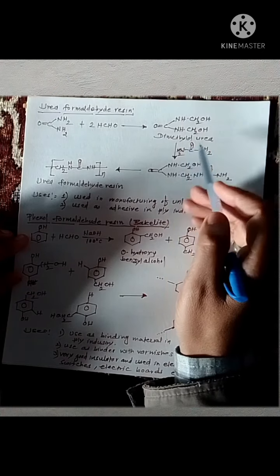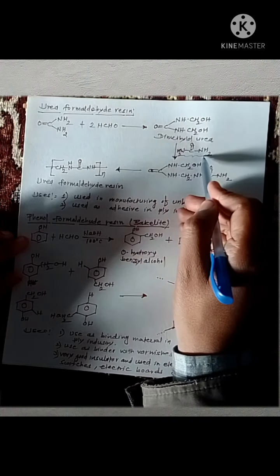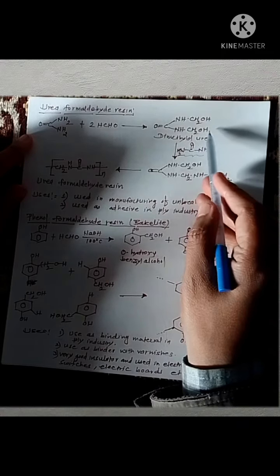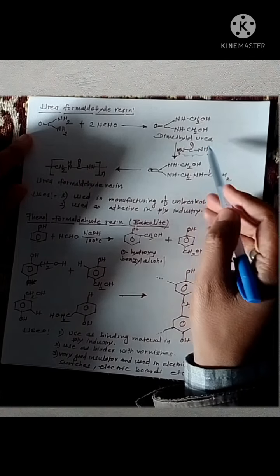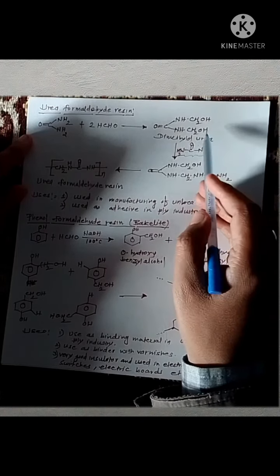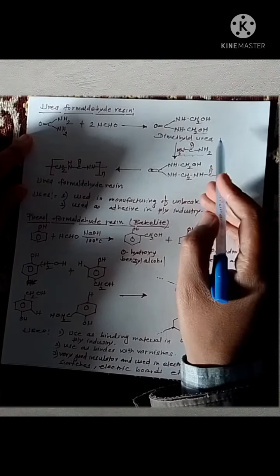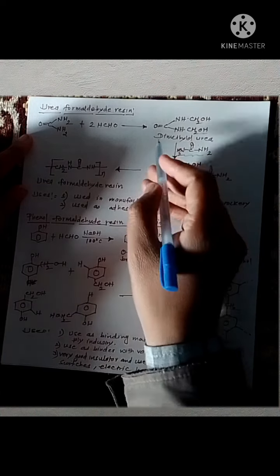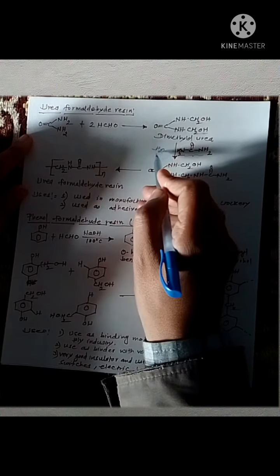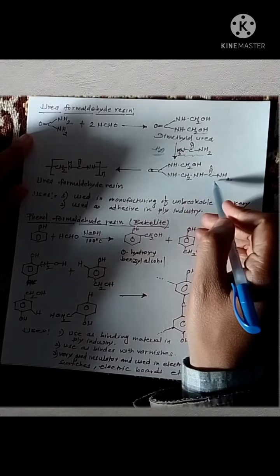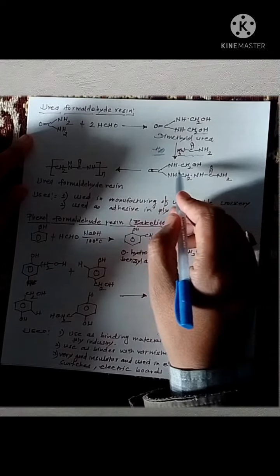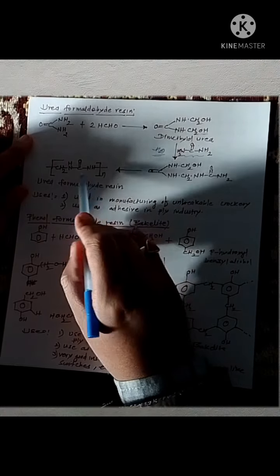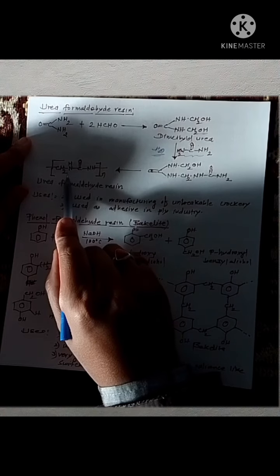Then this dimethylol urea is further reacted with another urea molecule, and during this addition there is removal of a water molecule. Basically this OH and one of the hydrogens from your NH2 group react and form a water molecule. So the water molecule goes out here and we get NHC double bond NH2, and this way the reaction is repeated again and again and we get urea formaldehyde at last. This is the repeating unit present in urea formaldehyde.